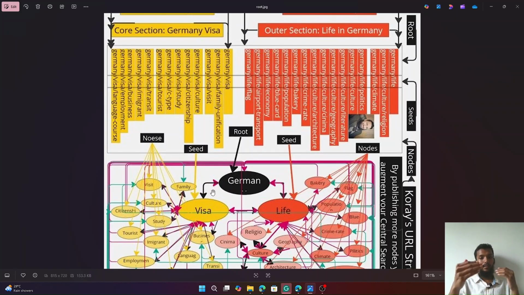Then your seed, the next subtopic, would be the visa and the life, and then the subtopics, which we call nodes, would be like bakery, tourism, and business in Germany. Then you connect from your root to your seed, and from your seed back to your root, interconnecting them so that it's a hub for your website that connects all your core sectional